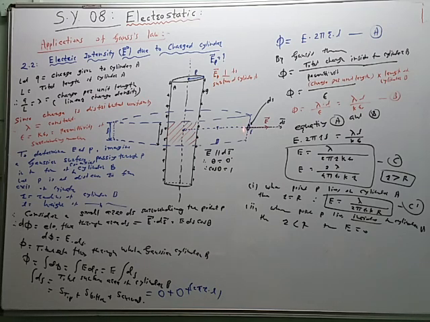Therefore, imagine a small area ds surrounding the point P. The area vector is always drawn normal, so the intensity vector and the area vector are parallel to each other. Therefore theta is equal to 0, and cos theta is equal to 1. In this equation, electric flux is given by E ds cos theta. Cos theta becomes 1. If we integrate this d phi, then we will get the total value. So when we integrate d phi for this surface, this is the area ds.